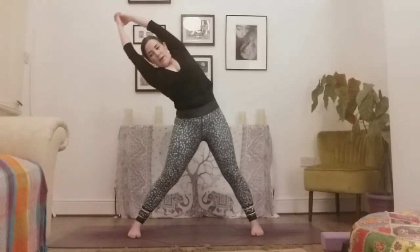So inhaling to lift, drop the shoulders away from the ears. And then as you exhale, start to reach the hands up and over the head to the right as you send the hips to the left. Keep squeezing everything into the midline, so really see if you can engage into the inner thighs, drawing them towards each other. So exhaling, dropping to the right for 10,